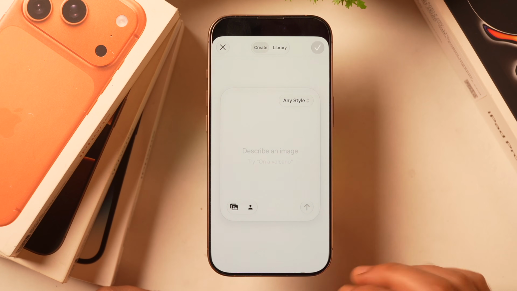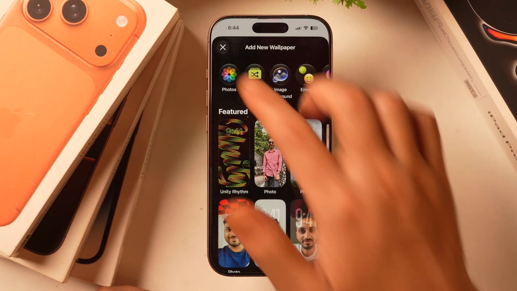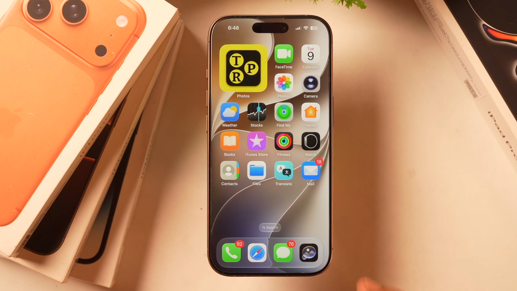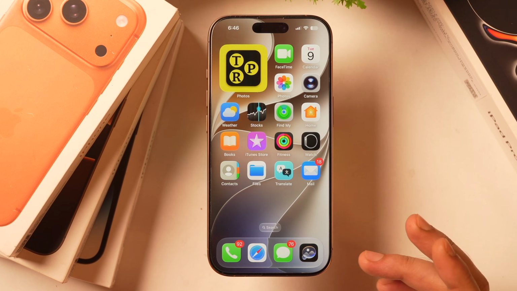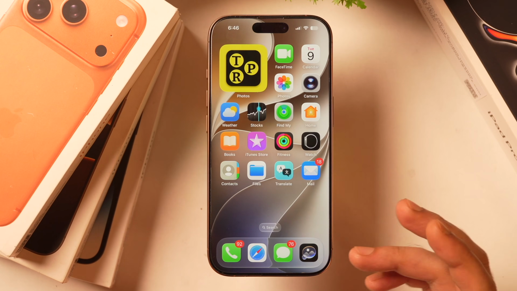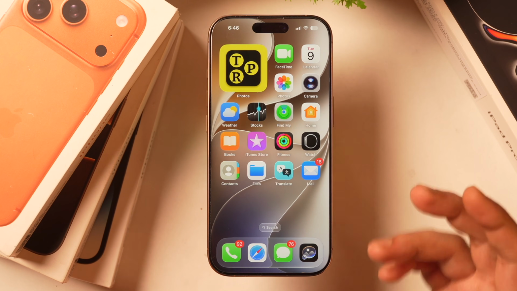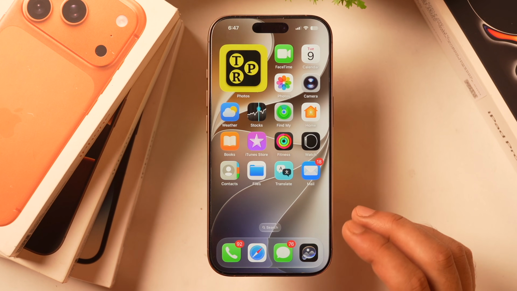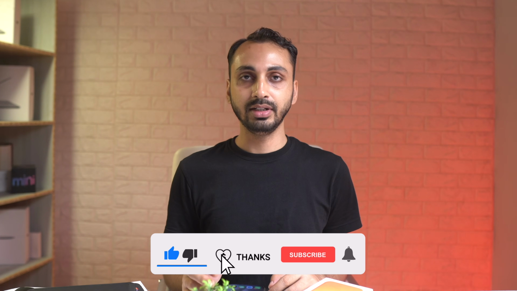So this is something you need to definitely try after installing iOS 27 on your iPhone. And one more thing that you need to know about the iOS 27 developer beta is that the new iOS version is all about Siri and Apple Intelligence upgrades. So Siri has been revamped with new Apple Intelligence features, and you can try out the new Siri after installing the iOS 27 developer beta on your